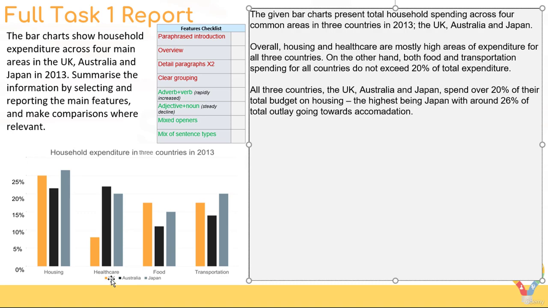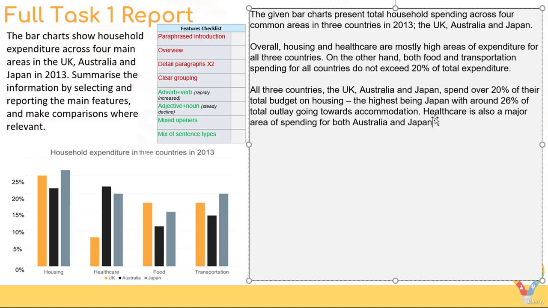Let's describe healthcare. And of course, check the spelling. Okay, so healthcare is quite interesting because Australia and Japan both spend quite a lot on healthcare, whereas in the UK it's definitely a lower figure, significantly lower, we might write. So we could say, on the other hand, healthcare, or how can we compare them? Healthcare is also a major area of spending for both Australia